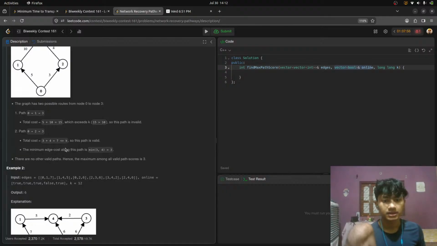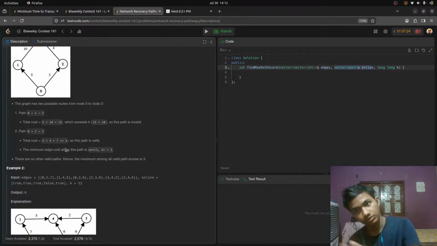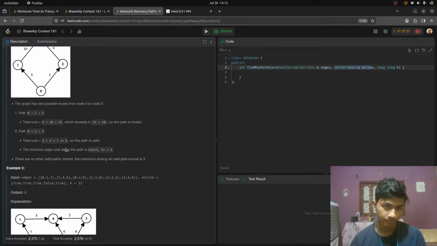First, what I'm thinking is I can just do a Dijkstra algorithm, or maybe Kruskal's algorithm. If I do Kruskal's algorithm, it will give me the minimum spanning tree. It's already sort of like a tree, but it's not an undirected graph, so I think I should do a Dijkstra and only travel those nodes which will result in a